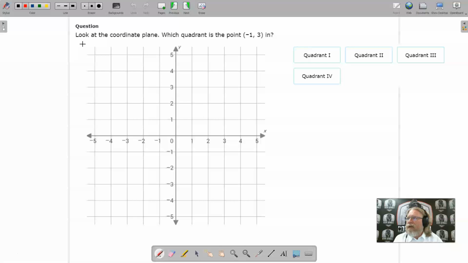Let's look at the next one. Look at the coordinate plane, in which quadrant is negative 1, 3. So we have a negative and a positive. So if y is negative, it has to be from somewhere down here, right? Underneath